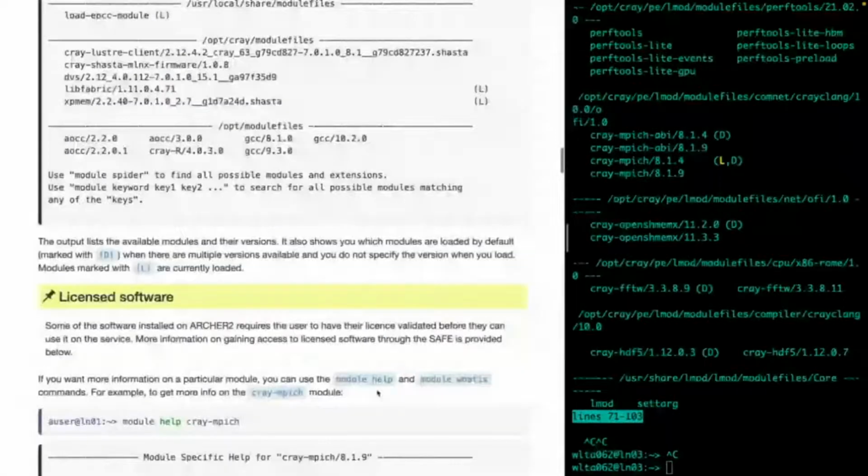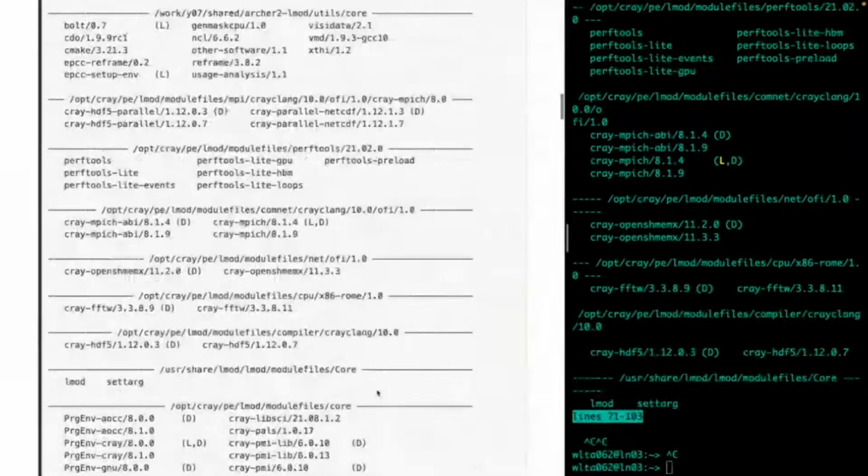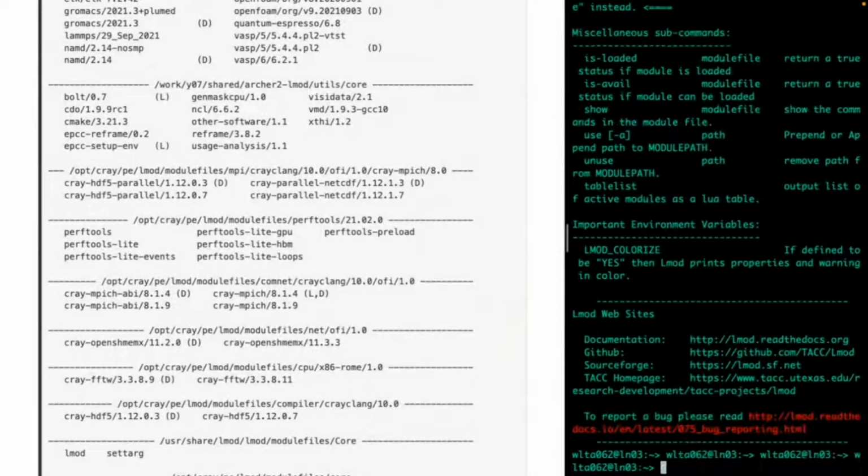What we didn't do here, when we did module load cray-fftw, was specify a version. So it's gone ahead and loaded the default, which is 3.3.8.9. If we had said, say, which versions of cray-fftw are there? Let's see if this is